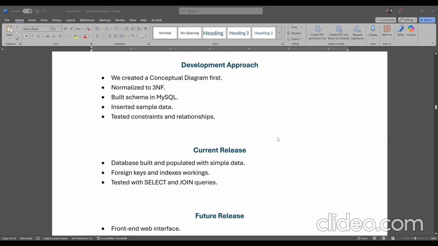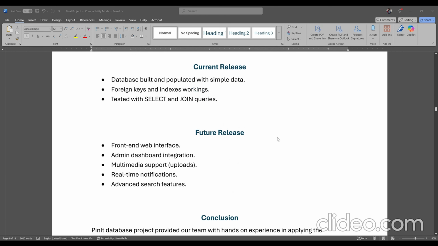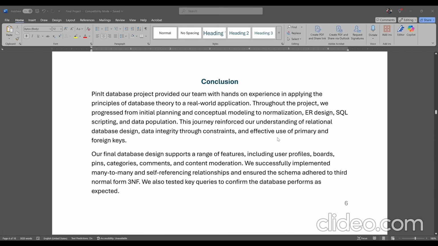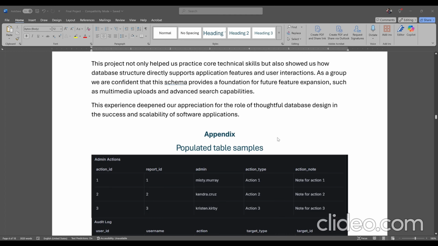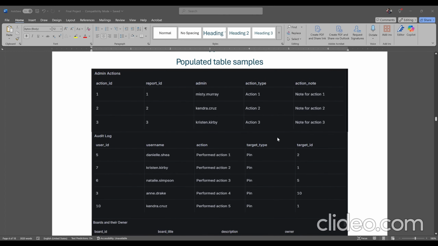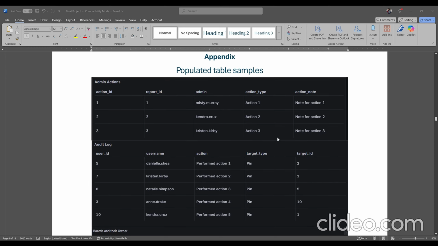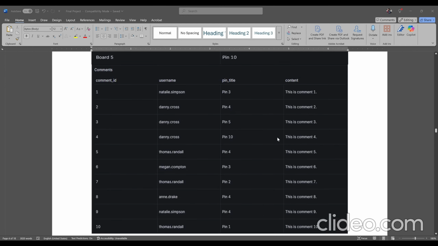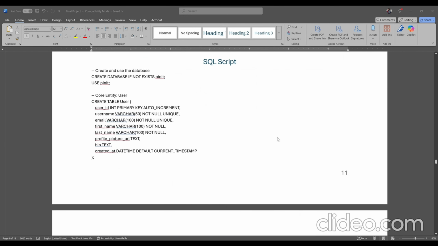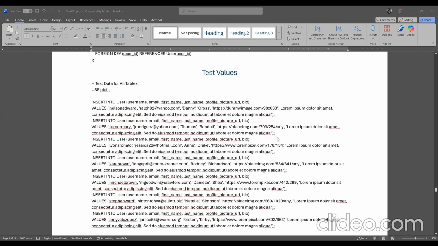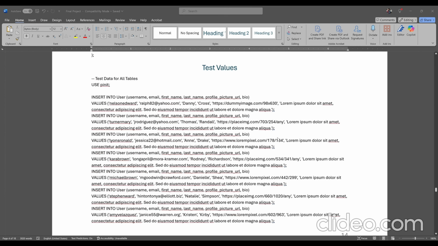Development approach, current release, feature release. Sarah also had helped me with the conclusion as well. And I worked with Zach so that I can have the appendix created as well with all of the tables, a script to create the tables, and then inserting data into these tables.